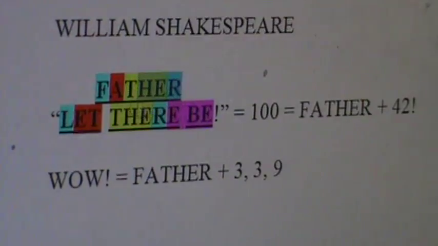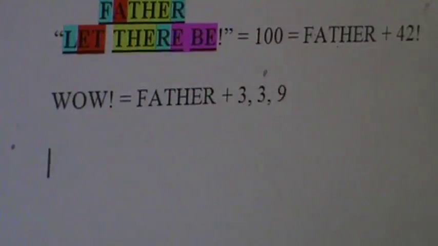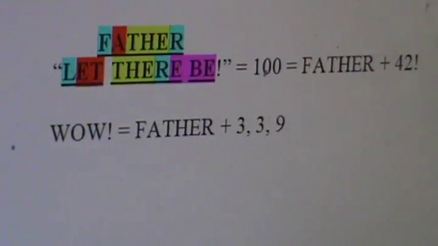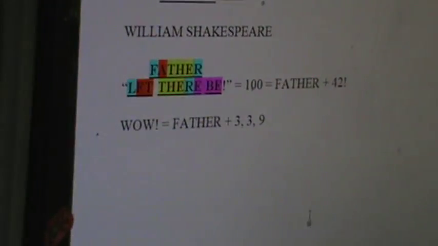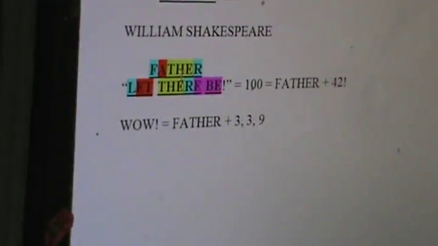An R is an R, a THE is a THE, the F and the L differ by 6, the A and the ET differ by 24, 6s, the EBE is the bonus 12, double 6 on the end. There it is. Let there be. Over and over. Genesis chapter 1. Let there be light, let there be this, let there be that. And those words have been spoken thousands of times by preachers, ministers, and lay people alike to the glory of Father.